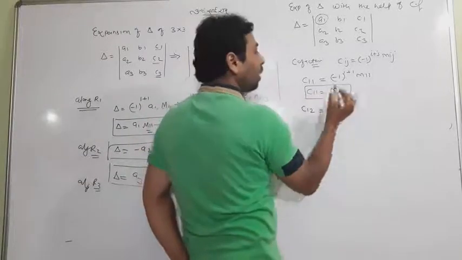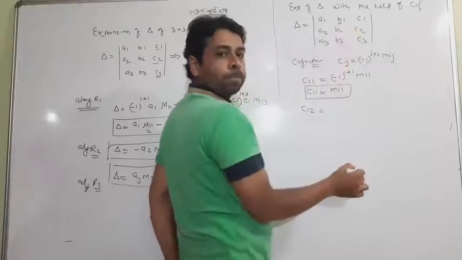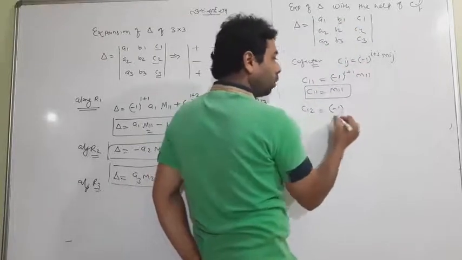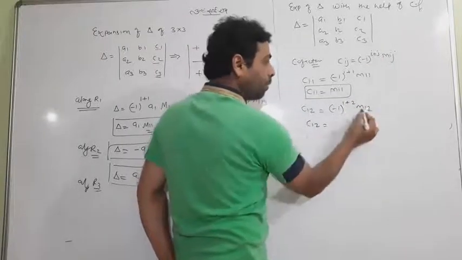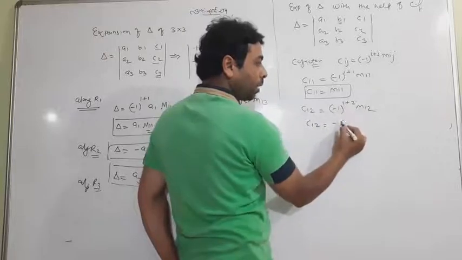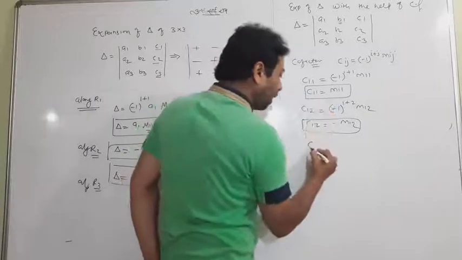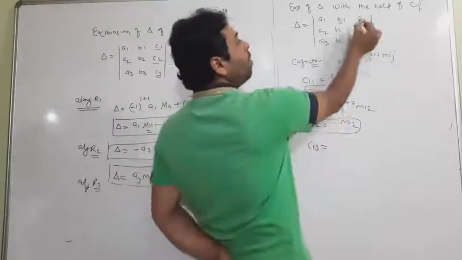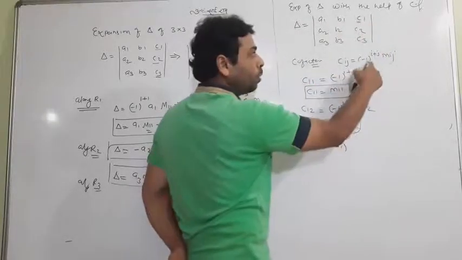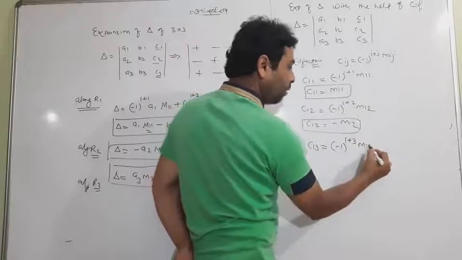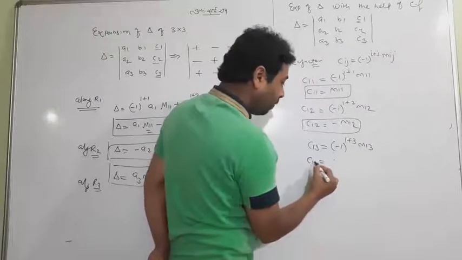Now, what is C12? Cofactor of this element. Follow that: minus 1 to the power 1 plus 2, M12. Don't put the value of M12, but minus 1 to the power 3 is a negative sign. I got a relationship between C12 and M12. And finally, I ask you C13, the cofactor of the element 1, 3. Follow that formula: minus 1 to the power 1 plus 3, M13. Answer is positive and C13 equals M13.